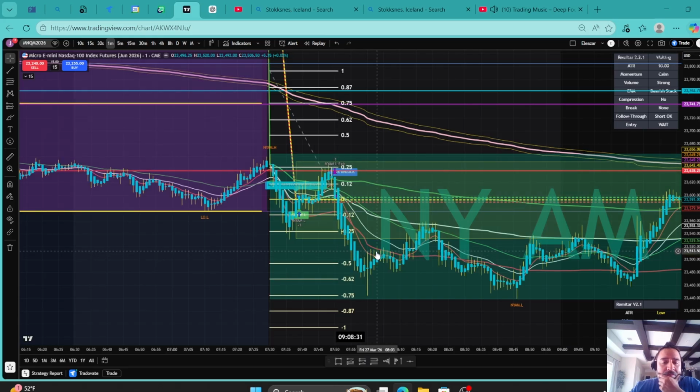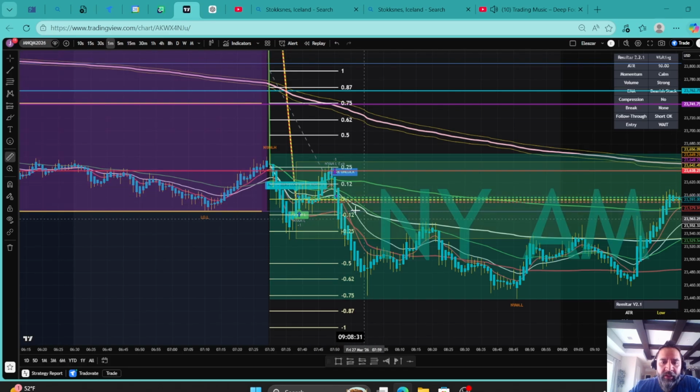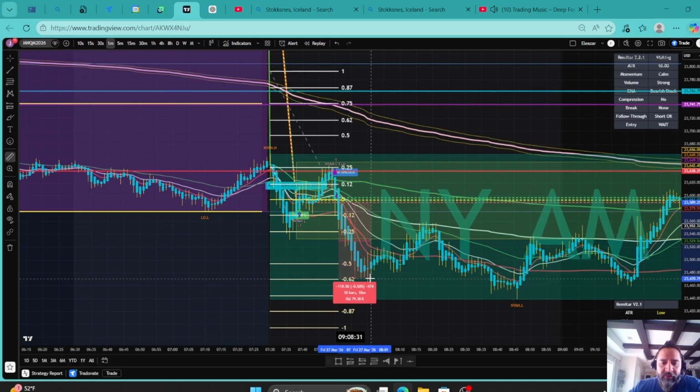And now here, this was one of the moves that I probably would have taken in the past, and I'm going to be honest, this is actually a solid move here, because once it gets to zero once again, and say you measure it, I said I would have targeted the 62, that's 118 points there. That's a solid trade right there, and we're barely at 8 o'clock in the morning. And you can get in, get your 100 points, and be done for the day, okay,